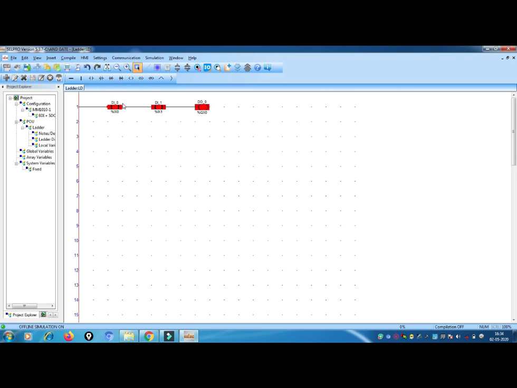Now you have to keep it in default condition again. Now give 1 1. 1 1 means you are making both switches on at a time. Okay, when you keep 1 1, when you press the switches DI0 and DI1, your output turns on. Okay, to turn this off, again we have to go to simulation and stop.